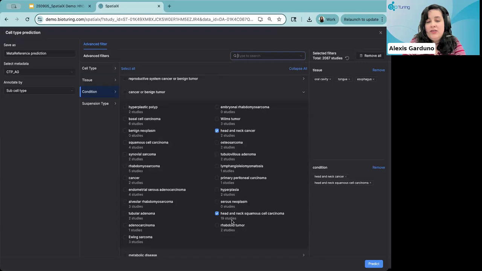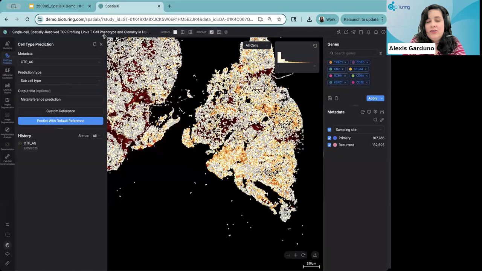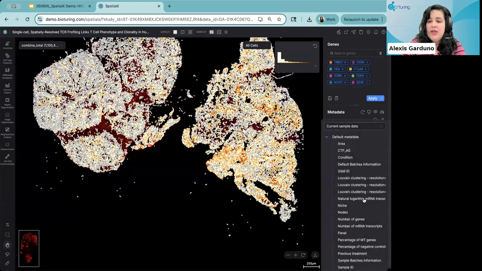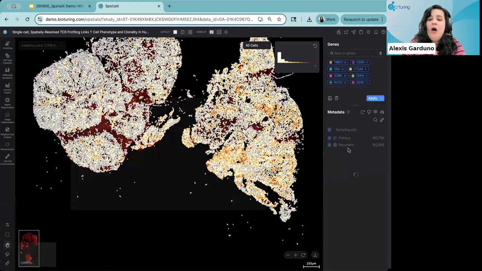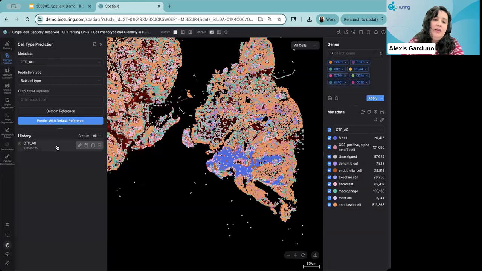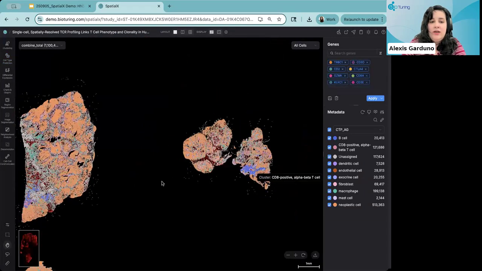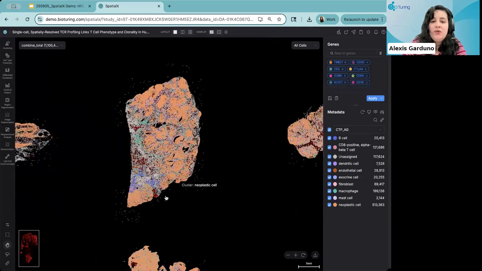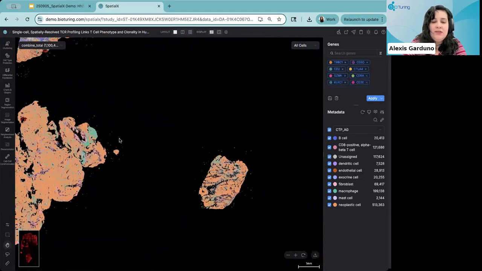disease model. So now that you have these filters and you select to run the prediction, I can show you here the result that you can go through. It will automatically provide you these different cell type labels within the sample. You are able to track back and look back at the results of the cell type prediction as well. So if you're interested in looking at the full log view, or you just want to see what samples or where we normally see these cell types, you can go and visualize the different samples